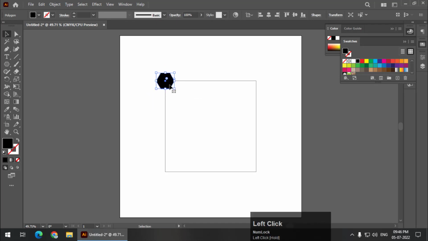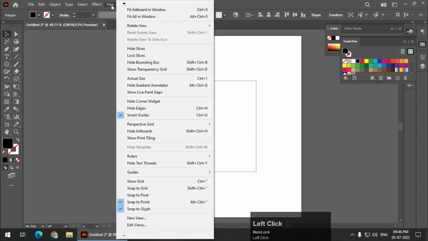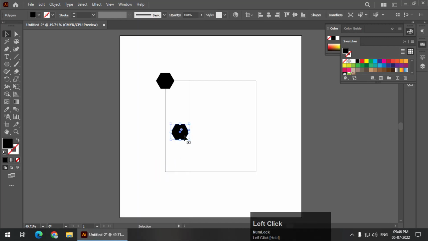As soon as it says intersect, leave it and take one more copy, pressing and holding the Alt key or Option key. So this is one copy, and again place this at another corner like this. It says intersect, now stop. That is the use of these couple of options that I just showed you, smart guides and snap to point. It will show these guides like this one, so place the center of the objects exactly at the corner.